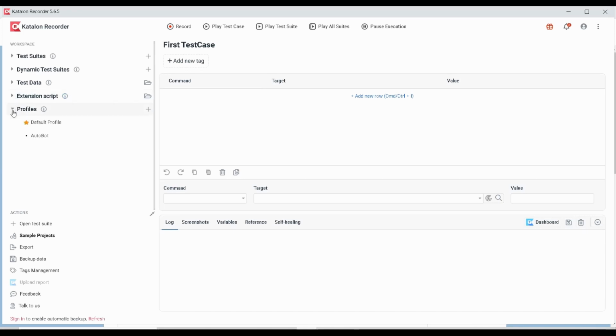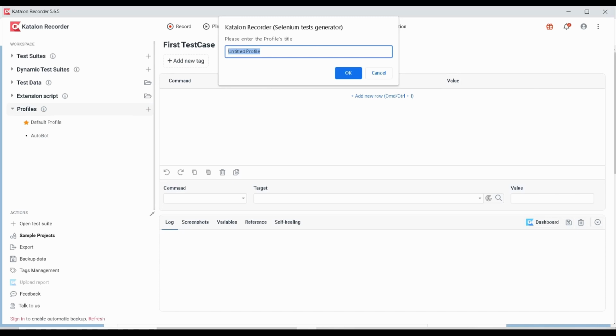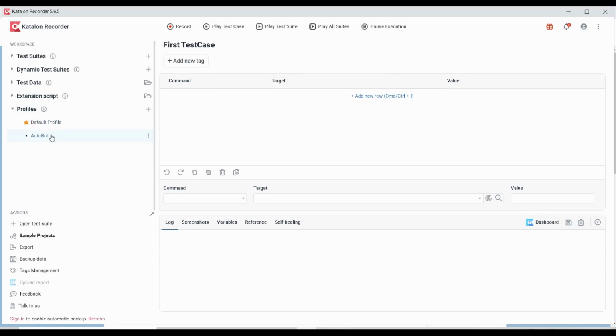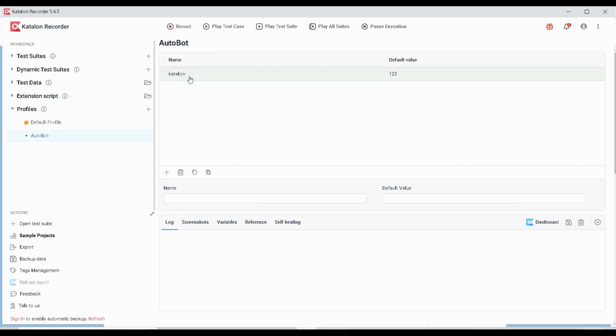And what is a profile? Create a new profile in your workspace, add a global variable in the profile, right click on the profile, choose use this in a test case. As you know, if you want to use some particular global variable for some particular profile, you can create a profile. Here I have created a new profile. For creating a new profile, just click on this plus symbol. It will ask you for the name, just give that. Here I have created a profile autoboard, and here I have added a value. So this is a global variable, and you can use this variable in your test cases wherever you require.